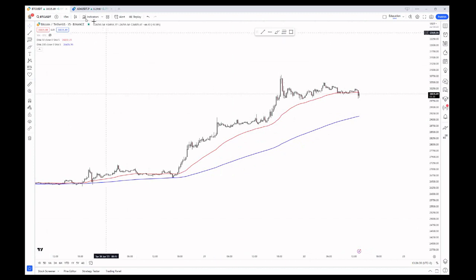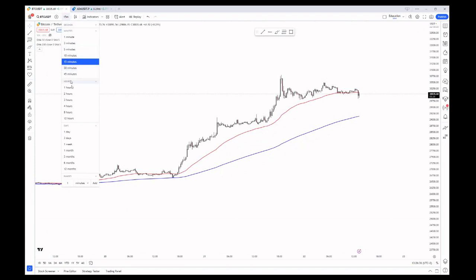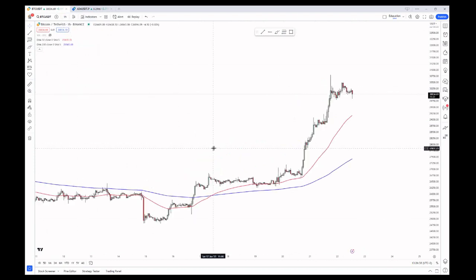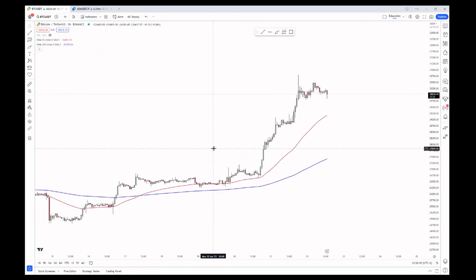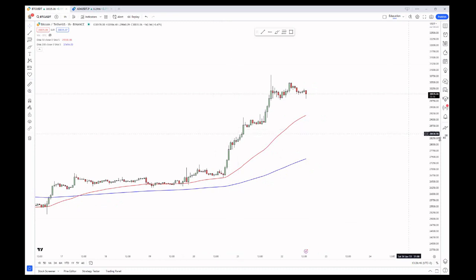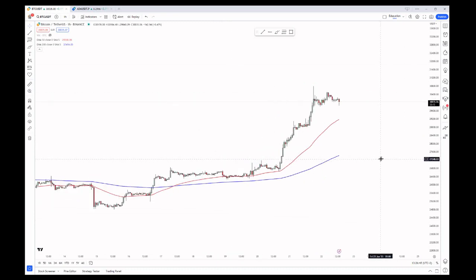So let's go forward and talk about support and resistance. Something you hear us talk about a lot, because we like to look for support and resistance areas. So what is support and what is resistance? Support